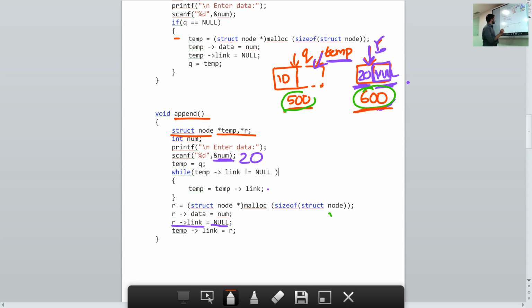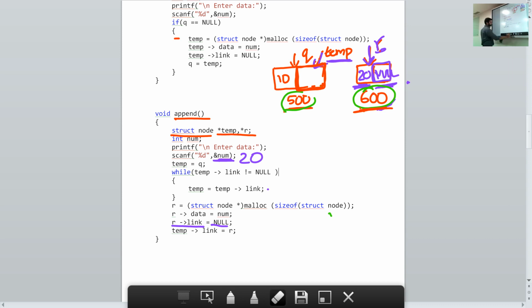To access this part of the node, I have two pointers, q or temp. Like I told you, we don't use the global pointer, but we use the temporary pointer. So we say temp arrow link to access this part. Temp arrow link should get the address 600, that is the address of the second node. And this 600 is stored in the pointer R.